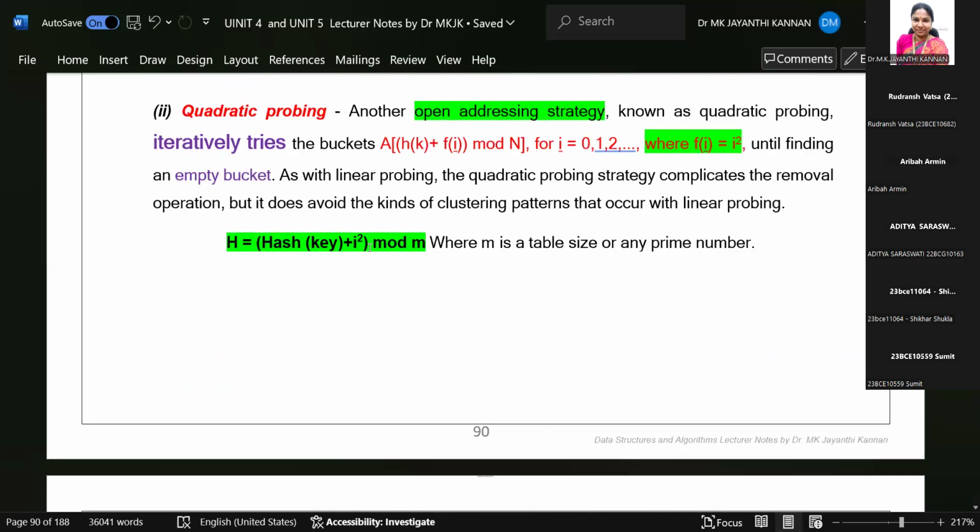In the same way, quadratic probing is also an open addressing strategy, and it is also an iterative process. If the hash key location is already occupied by some other value, we try the next location using a quadratic function h of k equal to f of i modulus n, where f of i